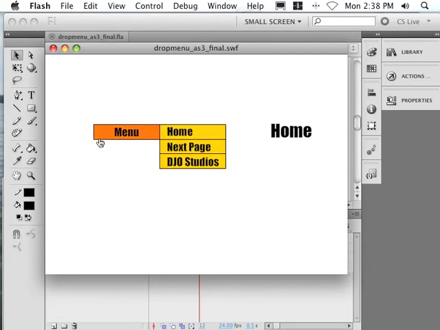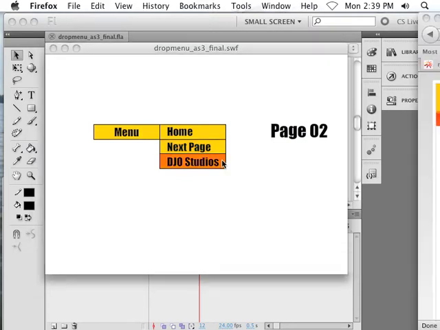And if I roll over it, it actually has a submenu, and when I roll away the submenu disappears. So rolling over exposes three other buttons, if you will, and rolling out hides them. Now if I go to these other buttons, I'm already on home, but if I click next page, I go to page 2. And I've actually got a third button here that will launch a website. If I click that now,